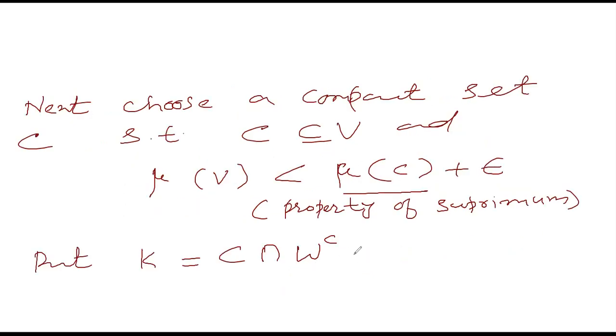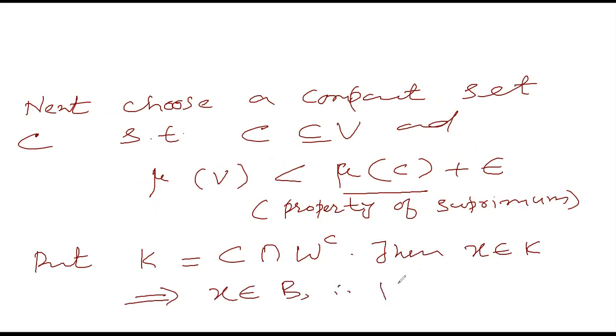Then this holds. X belongs to K implies X belongs to V. Therefore this K is a subset of V, and K is a subset of B. Thus K is a compact subset of B. Moreover,